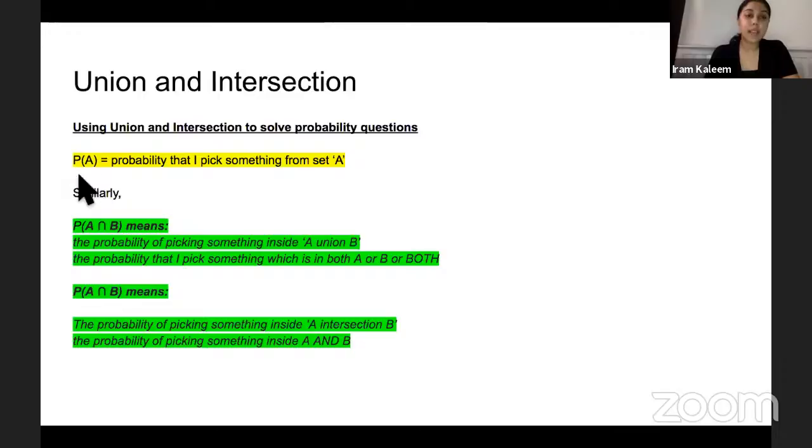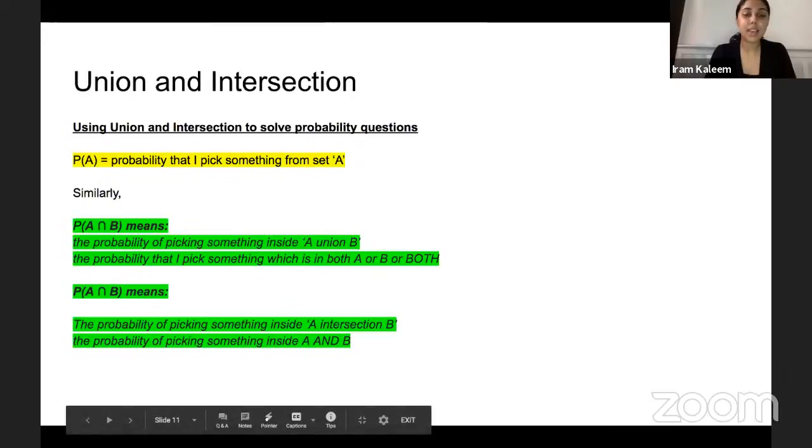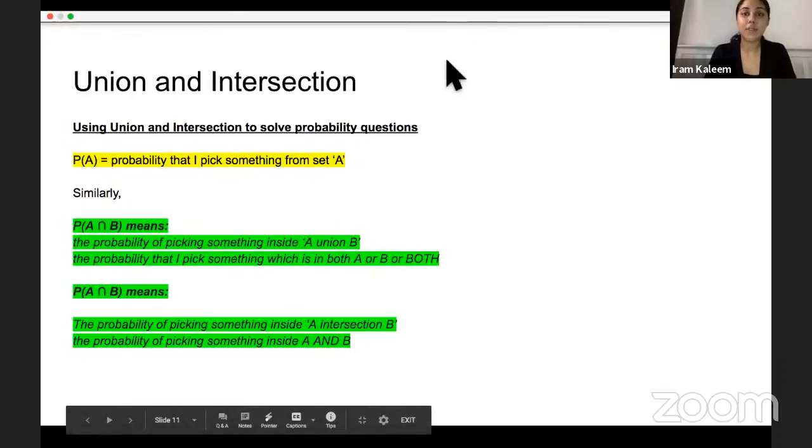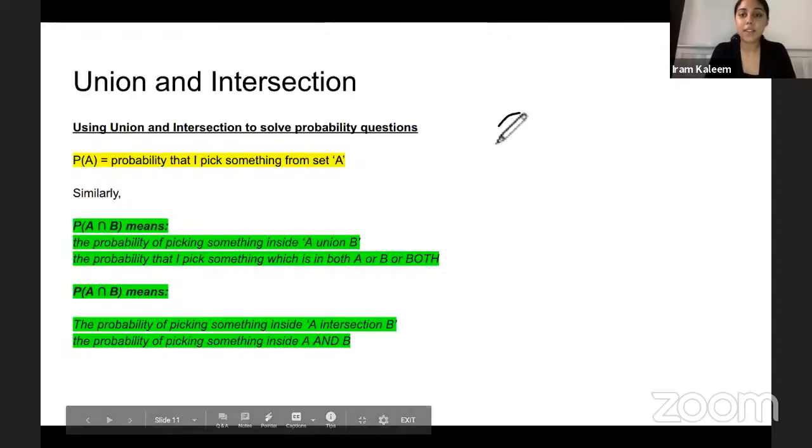Remember how we said that if we wanted to use the term the probability of an event A occurring, we say that it's P of A, right? When it comes to Venn diagrams, we say the term P of A means the probability that I pick something from set A. So let's say for a second that I have a Venn diagram,